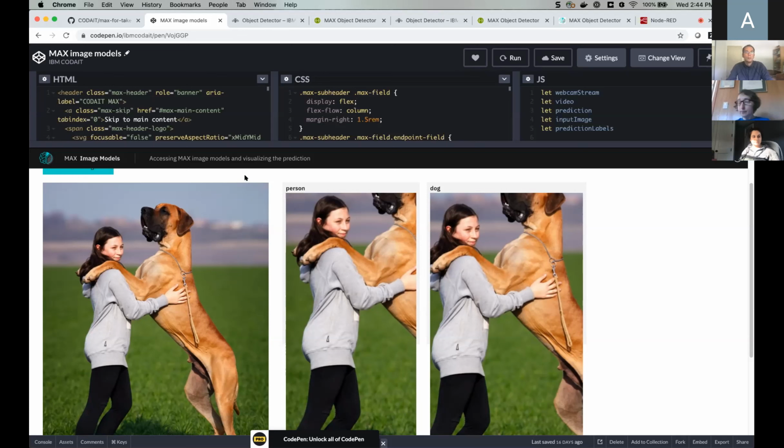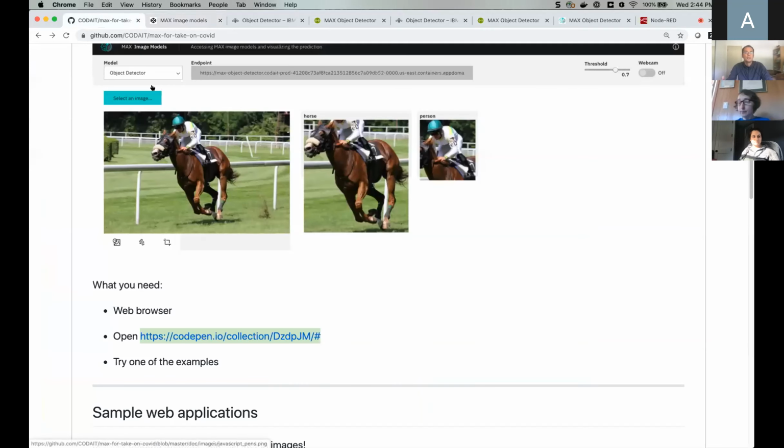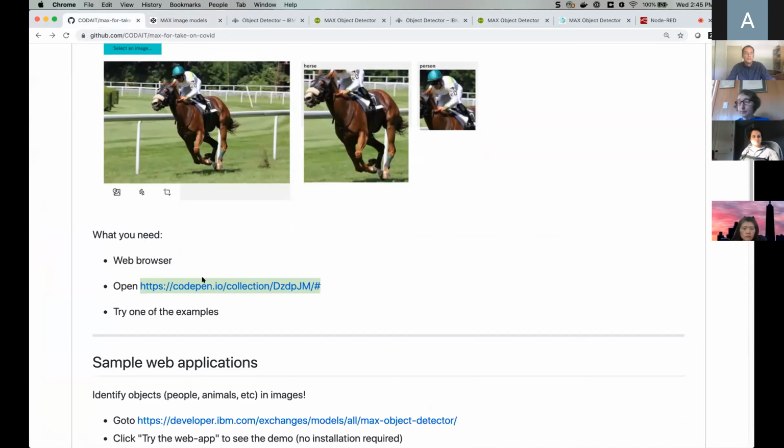Then you have your own copy, and then you can manipulate it if you just want to explore how certain things are done. So this is if you want to, for example, build a web application that takes a picture in your web browser, and then wants to give you the results of what was found in the image.